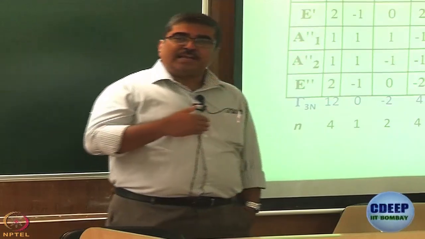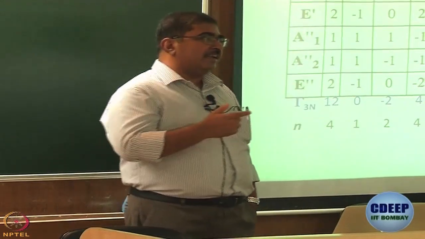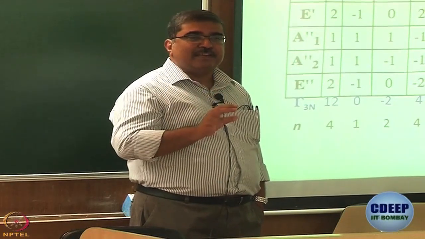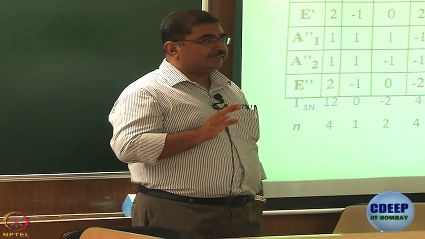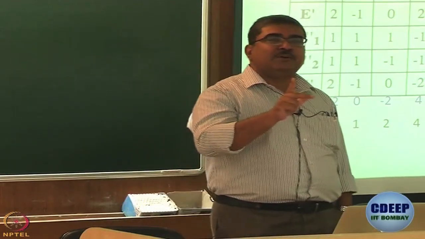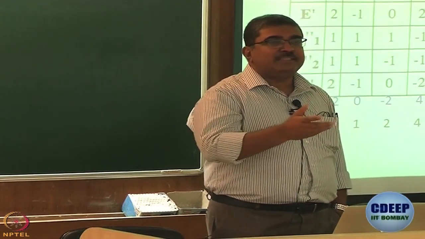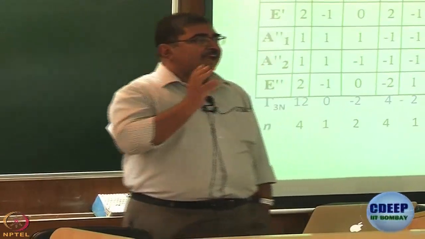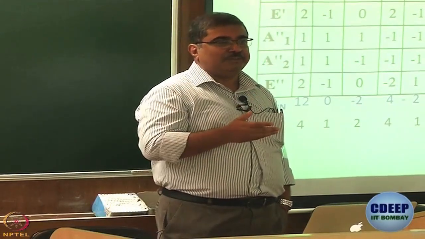Now, what I have to do to arrive at these characters of gamma 3n is that I have to multiply each n by the character of the representation that we get by using x, y, z as basis. Is that right? After all, if you remember, it does not matter whether it is x1, y1, z1 or x2, y2, z2, x3, y3, z3, x4, y4, z4. They transform in the same way. The blocks are all the same. It is just that for the atoms that move from their positions, the non-zero blocks go off diagonal. That is why they do not contribute.